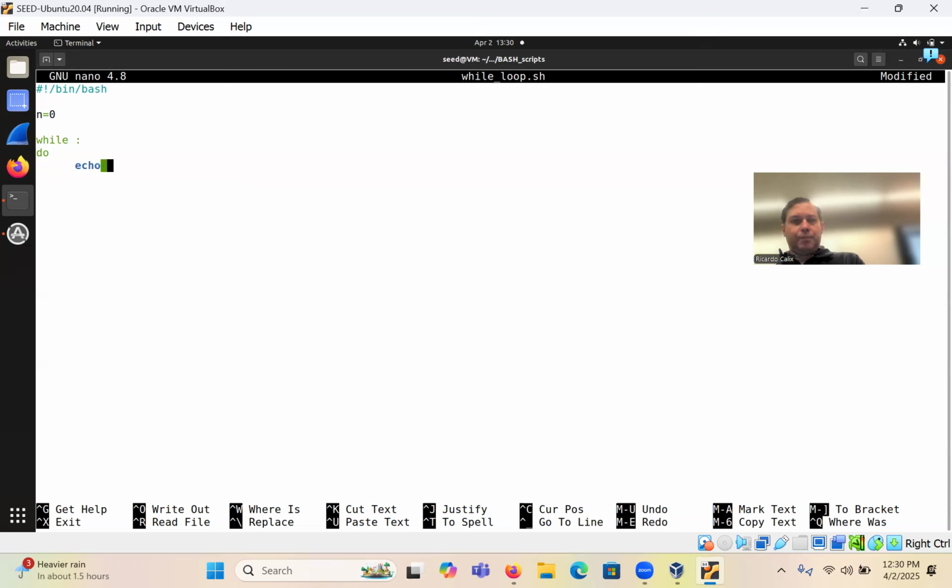So echo countdown, and then we reference the variable with the dollar sign, right? And then to print out this variable, we use two parentheses like that, and then end.